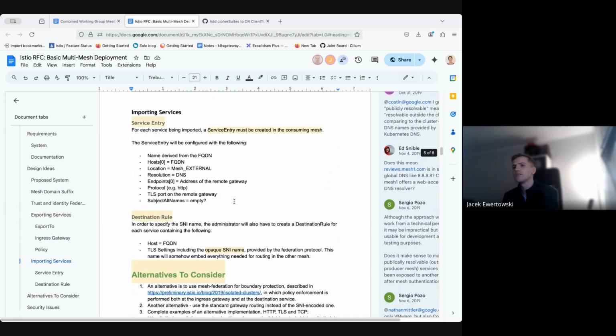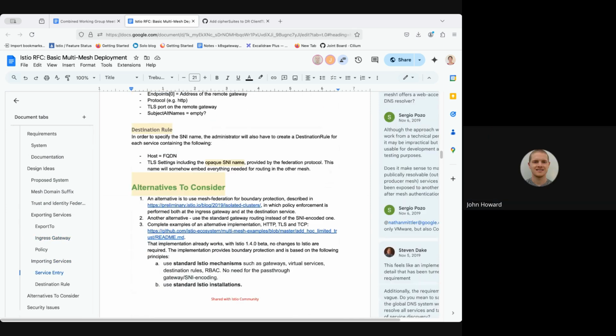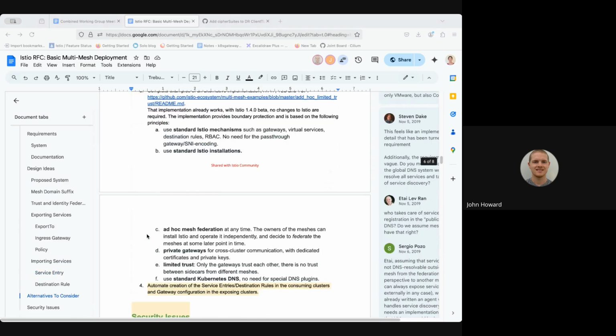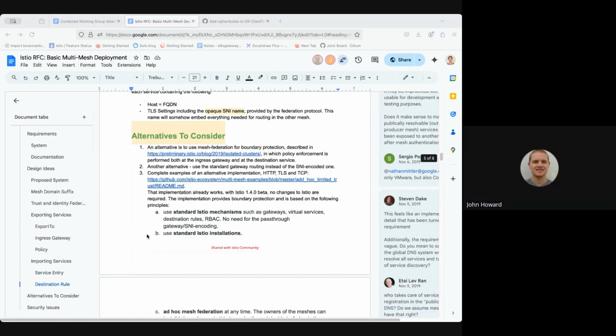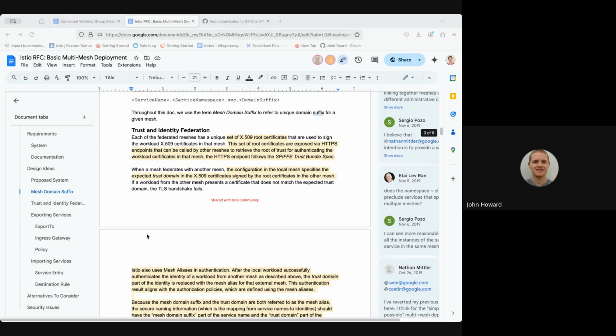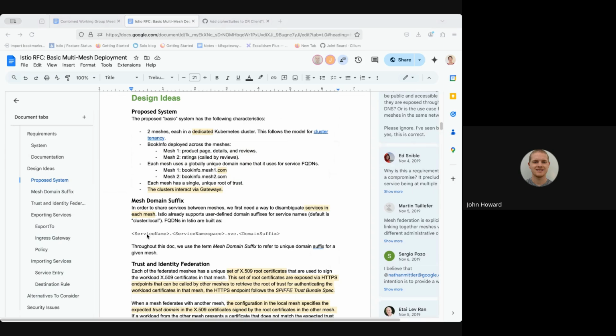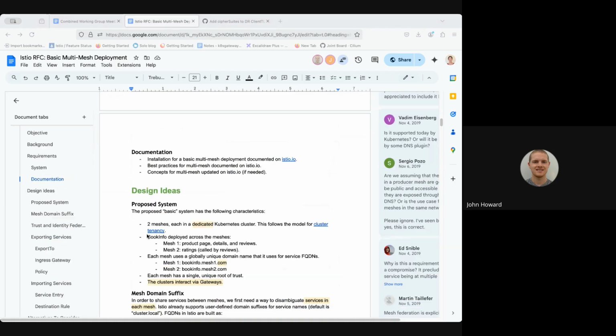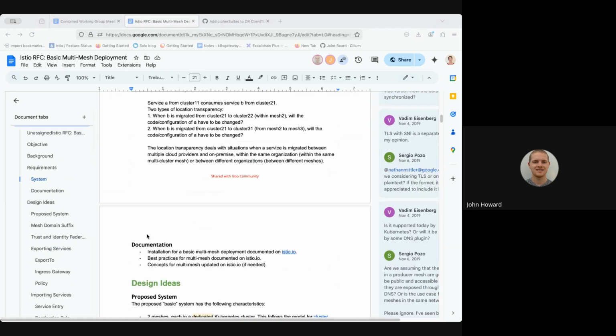I can't say that I actually remember this proposal because I think it's six years old now. But in my mind, multi-mesh is this thing where you ask 10 different people what it means and you'll get 12 different answers. And Istio can do 11 out of the 12 of them.